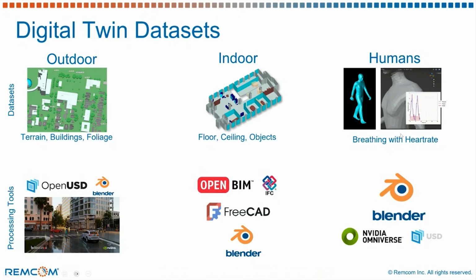Moving into localized effects of RF on the human body, we are looking at scans that are performed with ECG sensors on the body, looking at the effects of breathing, the effects of the heart rate on the breathing, as specified in this waveform, which is a superposition of two waveforms, including the heart rate and the chest. Localized motion of the human body, including devices on the body, namely a smartwatch, and the effect of the antenna pattern as it's at the body, the near field effects of the body on the antenna. So utilizing tools like Blender, OpenBIM, and NVIDIA Omniverse has become a norm.